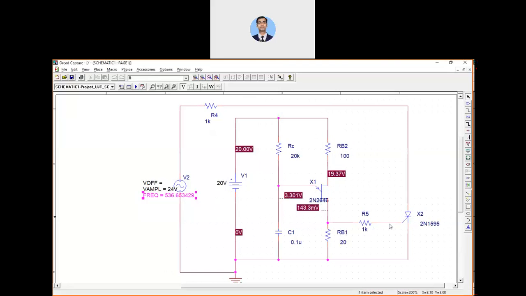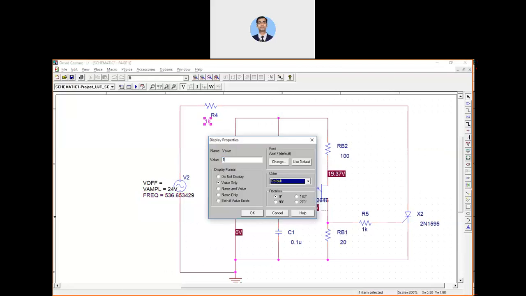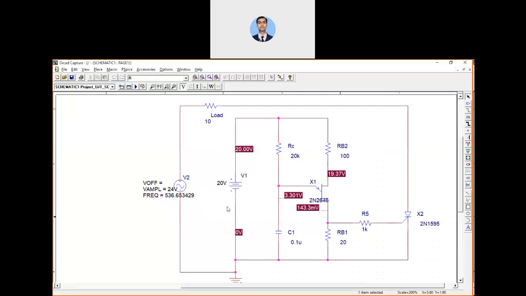Now here it should be 1 kilo ohm, and you can make this one 10 ohm only. This is your load, so you can name it load. Now we have to observe the capacitor voltage across this.